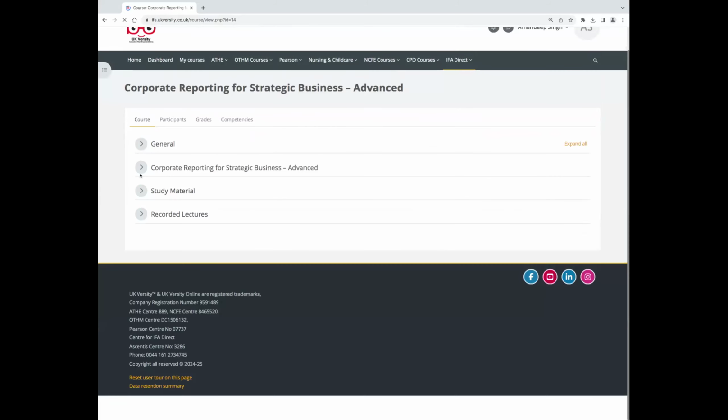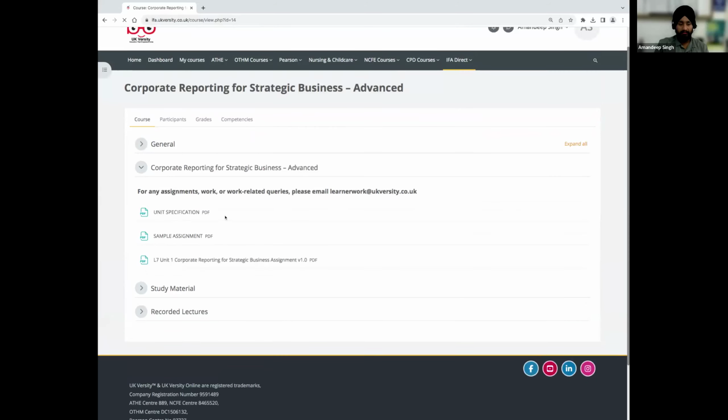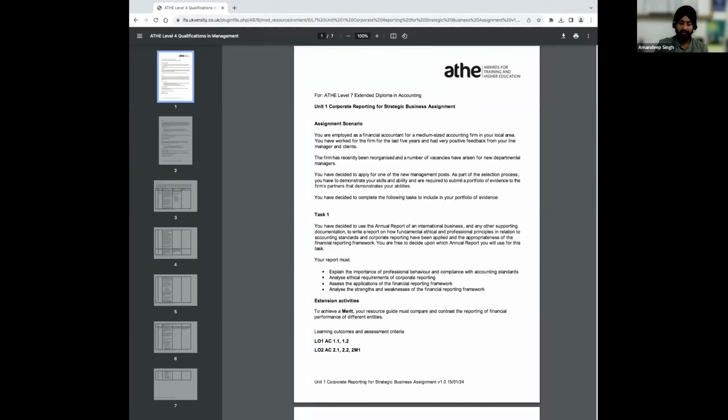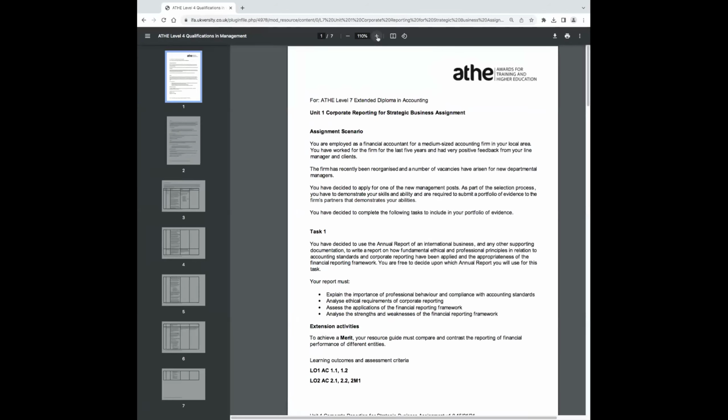Okay, so the second part is the unit itself. As I've mentioned, of these documents, the third one is the most important one, which you should always open in order to do the assignment. That will be the assignment brief itself. Now, if I was in your shoes, any learner who has joined the course, we open the assignment brief on one side and the Word file on the second page.